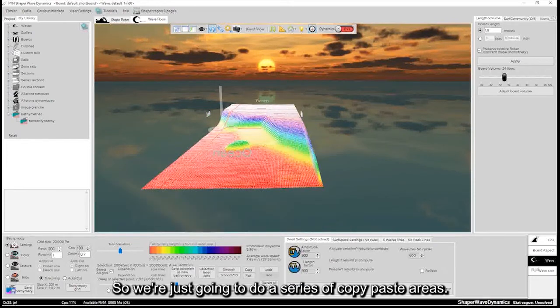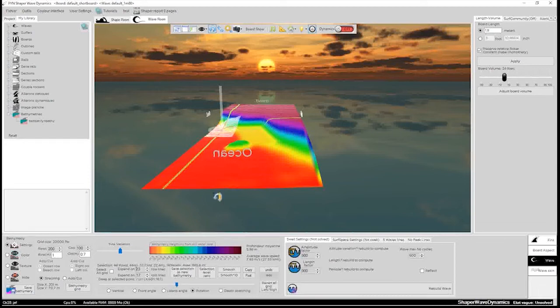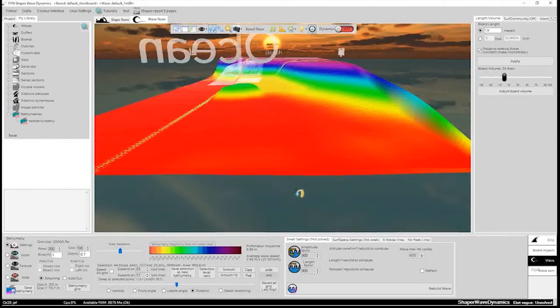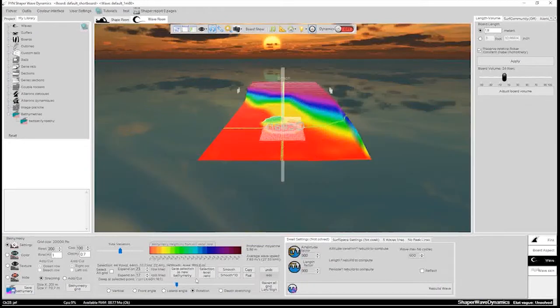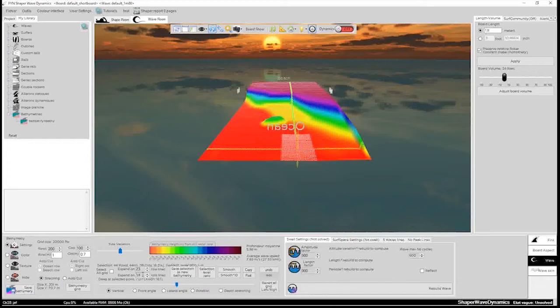So we're just going to do a series of copy-paste areas. There I take my area of selection. I copy it, and I paste it.